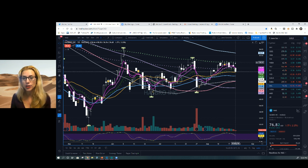It looks like a potentially bearish move to come to the downside. 79.80. I would put maybe $80 as my potential stop if I was going to go short this. Volume is dropping off. It's starting to descend. It's broken below the 21 EMA on the daily. It could have a potential move to the downside, at least down to test the 20 simple right here, 76.56. Potential move down to 75.60, 75.50, our 50 simple moving average, and then keep on going